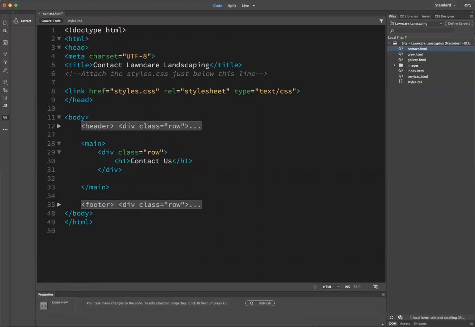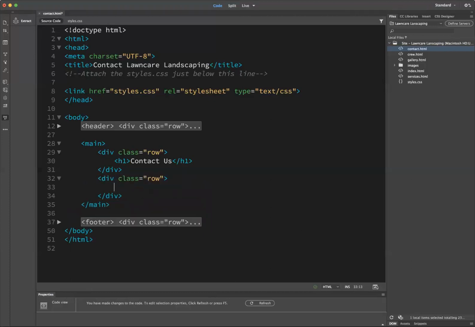Now we have to start the div for the next row. So class equals row. And then the next tag is